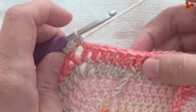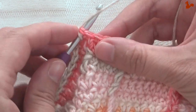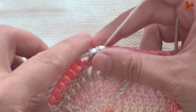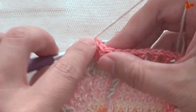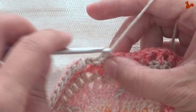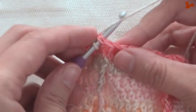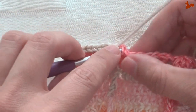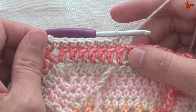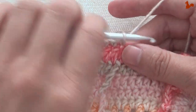You can work a double crochet in the first 7 stitches, and now you do work in the first stitch here. So in the first stitch, your first double, so that's 1, 2, 3, 4, 5, 6, 7 double crochets. Won't surprise you, again a front post double treble